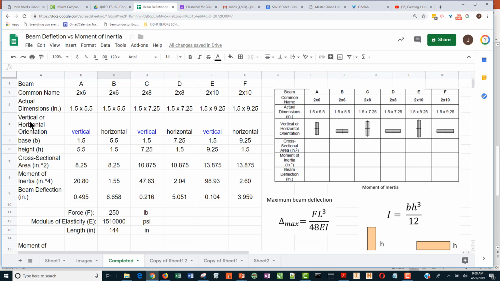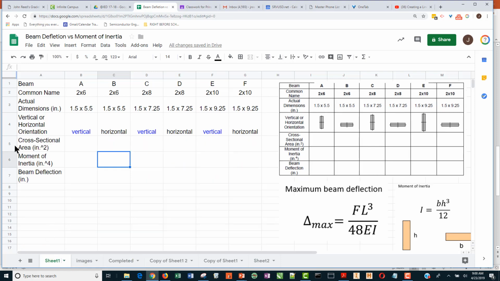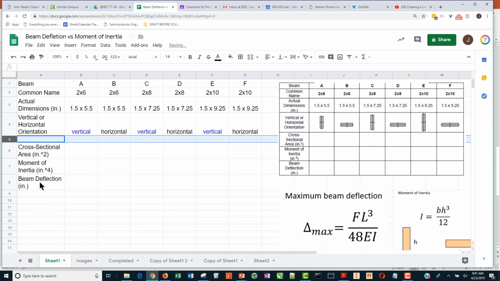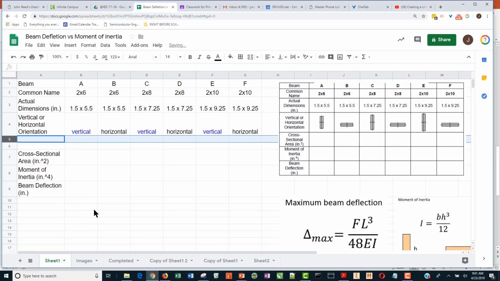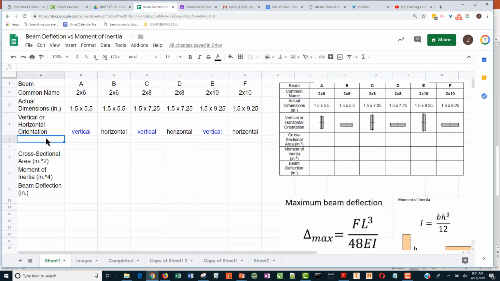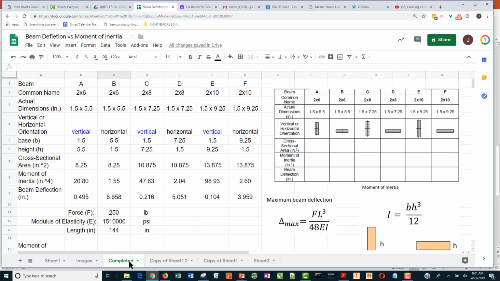So I want to insert 2 rows underneath the vertical or horizontal orientation. Okay, so what I can do is click here, right click, let's see, insert above here, and I can do that again, above. And then I'm going to keep referring back to this, which has all the answers, so to speak. Base B and height H. So let me do that. Actually, I'm just going to go ahead and copy that because there's no sense in me writing it. All I did was extract the base and the height